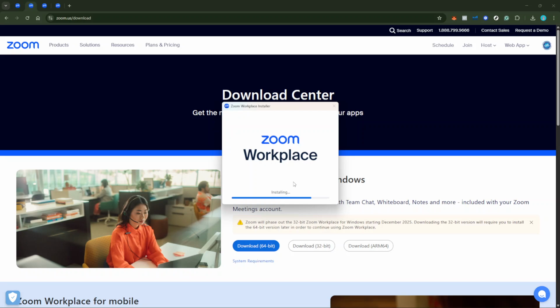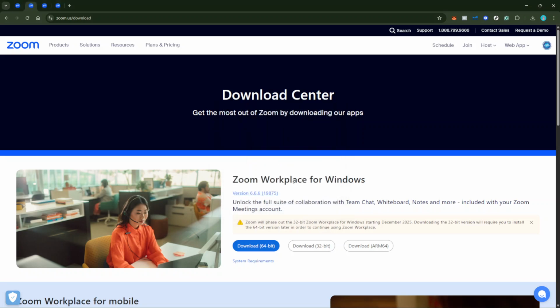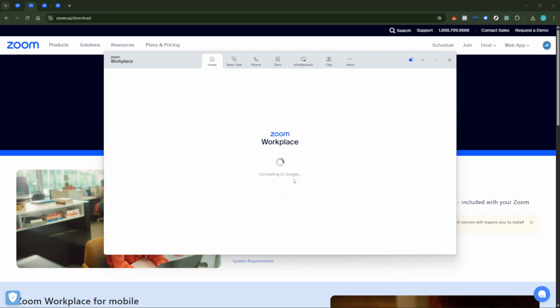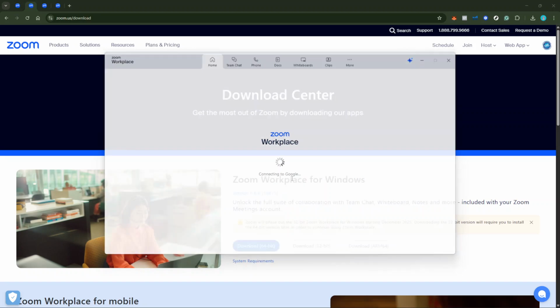And that's all there is to it. You've successfully downloaded and installed Zoom on your laptop. Now you have everything you need to connect with others using this versatile platform. Whether for business, school, or just keeping up with loved ones, Zoom is a fantastic tool to stay connected in